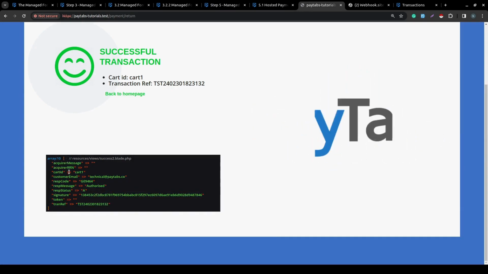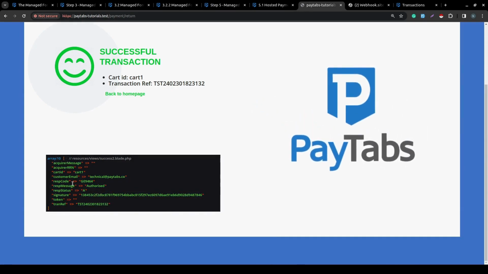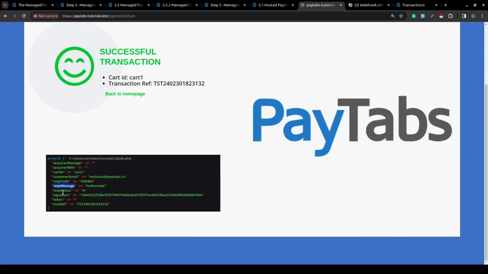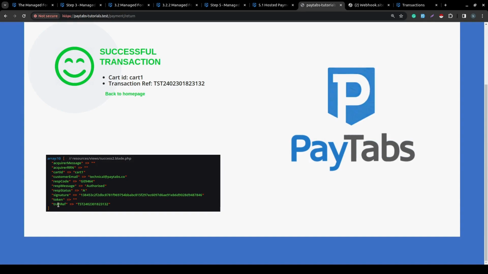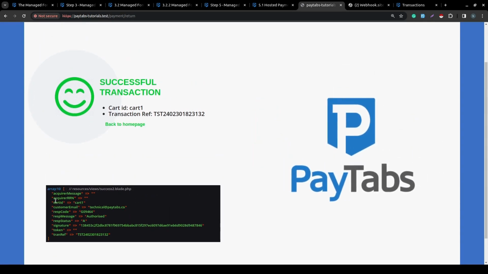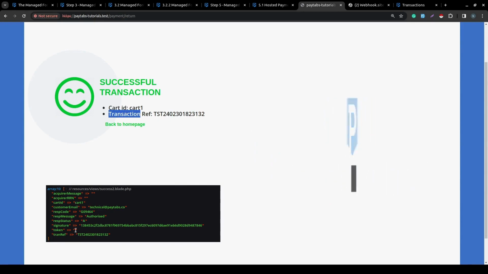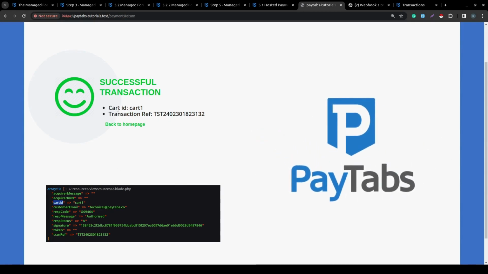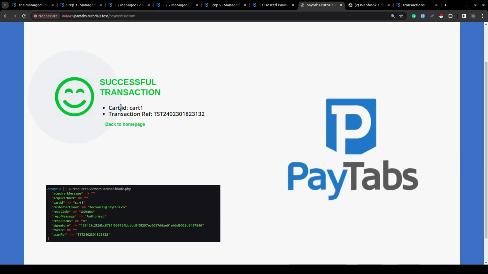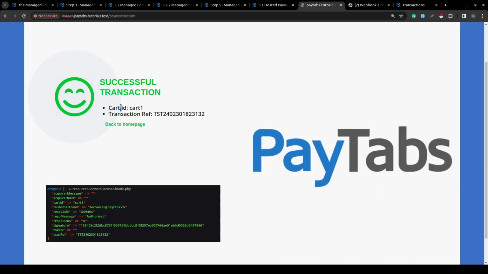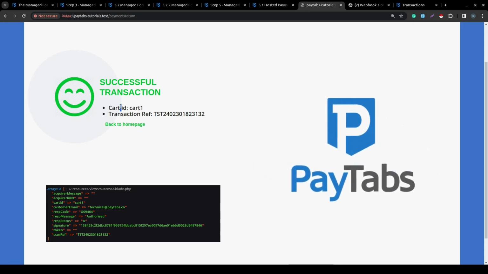It contains the acquirer message, acquirer RRN, the card ID, the customer email, response code, response message, response status, signature, token, and transaction reference. Now, you can use whatever you want from these. I have used the transaction reference and shown it over here. I have also used the card ID and shown it over here. So this is a simple simulation of how you can handle the return response inside your account or inside your